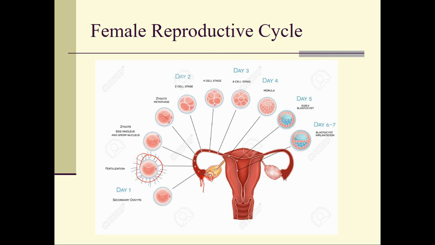As we know, females are XX chromosomally, males are XY, and each of these sperm cells is going to carry either an X or a Y chromosome. And whichever one fertilizes the egg, that will be the determining factor. At that point, the egg is referred to as a zygote, and it will then begin